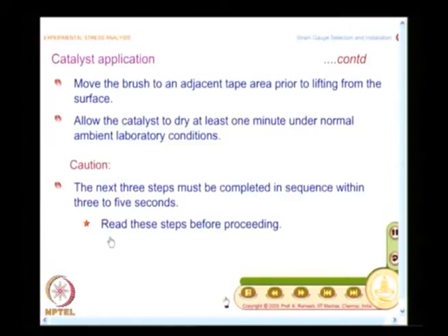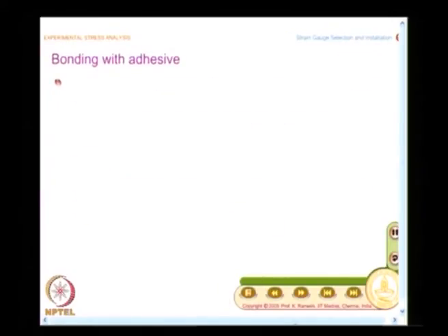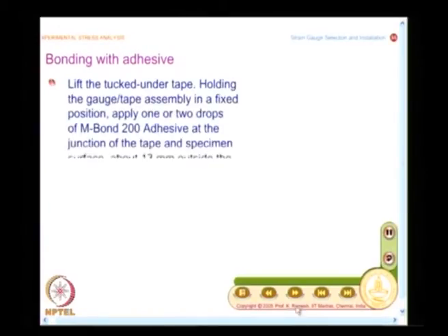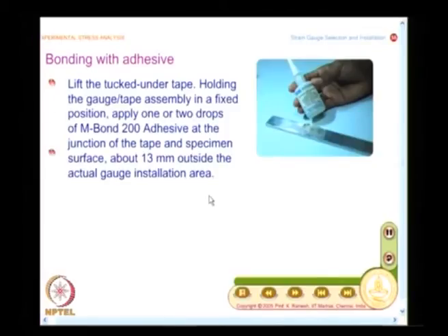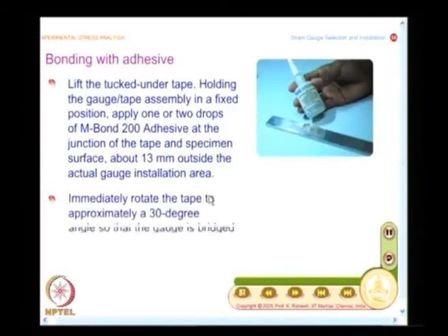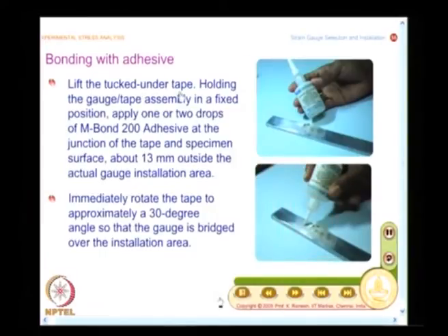So, you need to read these steps before proceeding. You need to have a mental picture of how you will go about it and execute it as quickly as possible. So, you have to lift the tucked under tape, holding the gauge tape assembly in a fixed position.